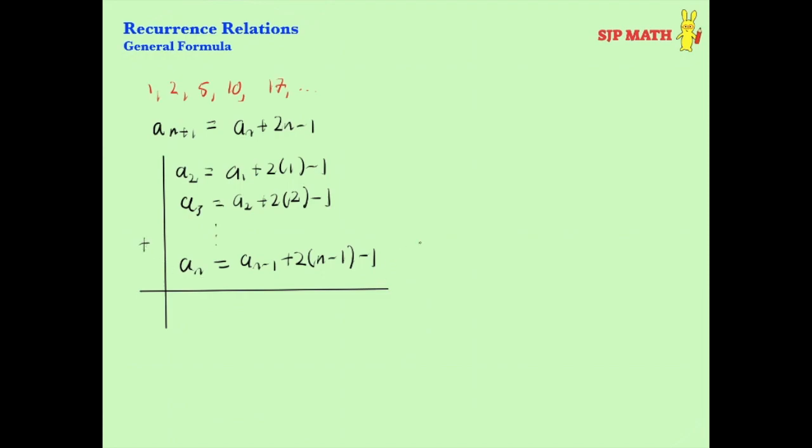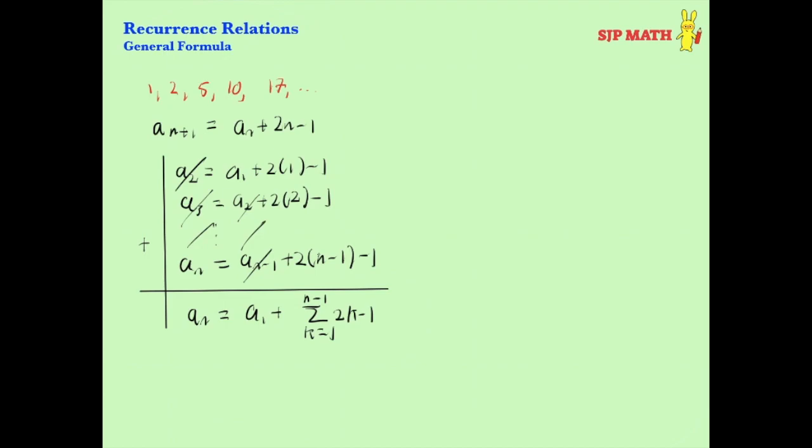So if we add all of them, again, like the previous problem, these are all going to cancel out, and we'll just be left with an is equal to a1 plus the summation from k equals 1 to n minus 1 of 2k minus 1. So yeah, and if we simplify that,